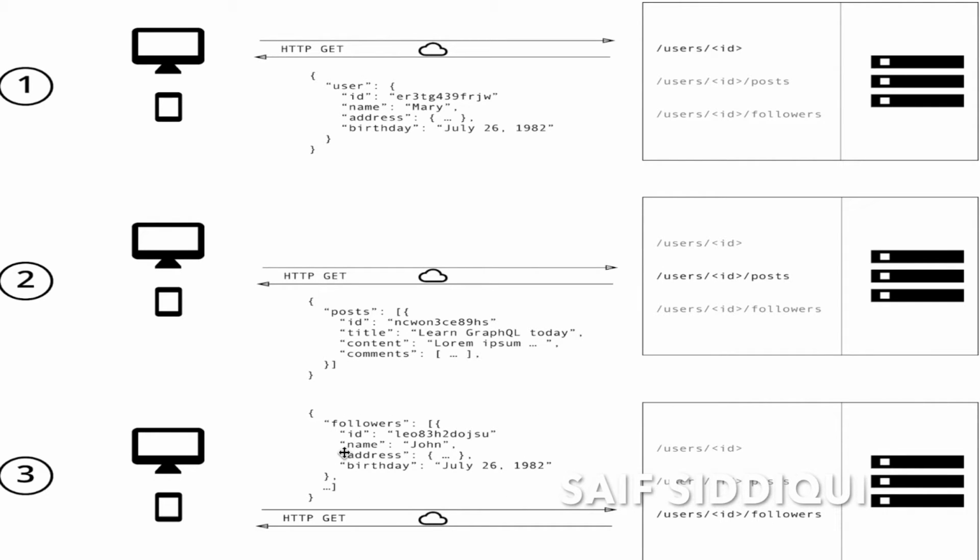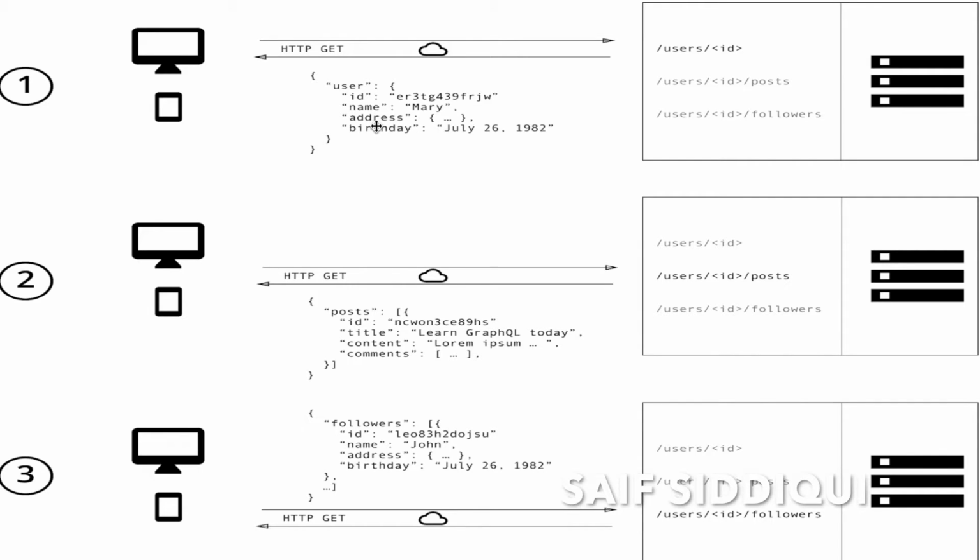So basically, once we are fetching any data from the REST API, we need to create separate endpoints in order to fetch the data. This can sometimes lead to overfetching, and this can sometimes also lead to underfetching. When I say overfetching, it means that maybe the information which is not required by the client, by me, or by anyone, I am also getting data for that.